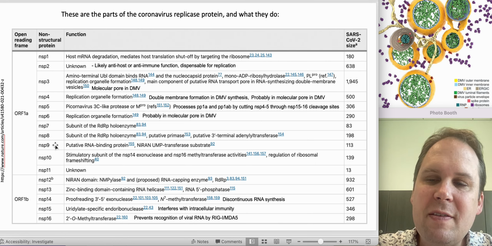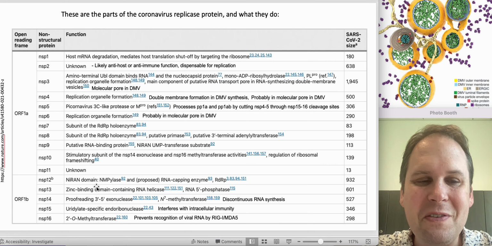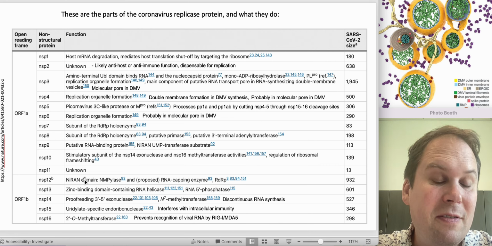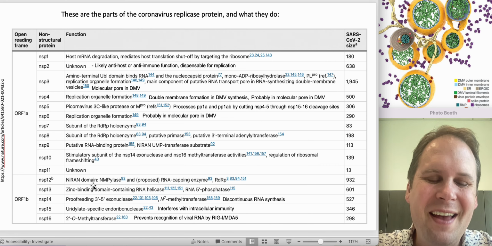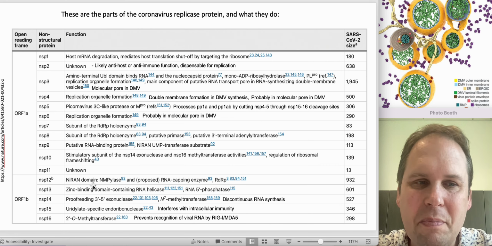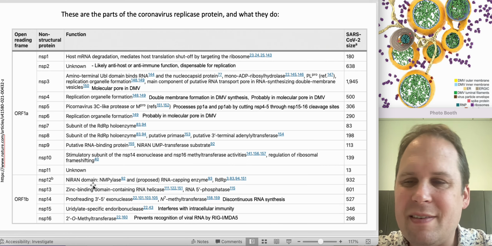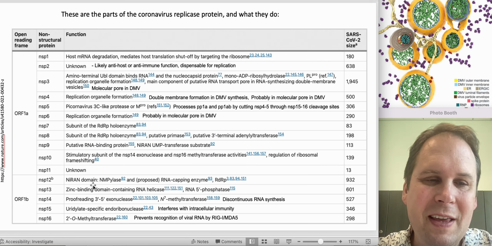So if it goes up to the stop codon, the little bit after NSP10 is called NSP11. It's tiny. As far as we know, it has no function, but that's where the pseudoknot is. That's the frame shift signal. So I think the RNA that makes that is important, and as far as we can tell, the protein is not particularly important. But if we do frame shift, boom, then we start to make all the enzymes.